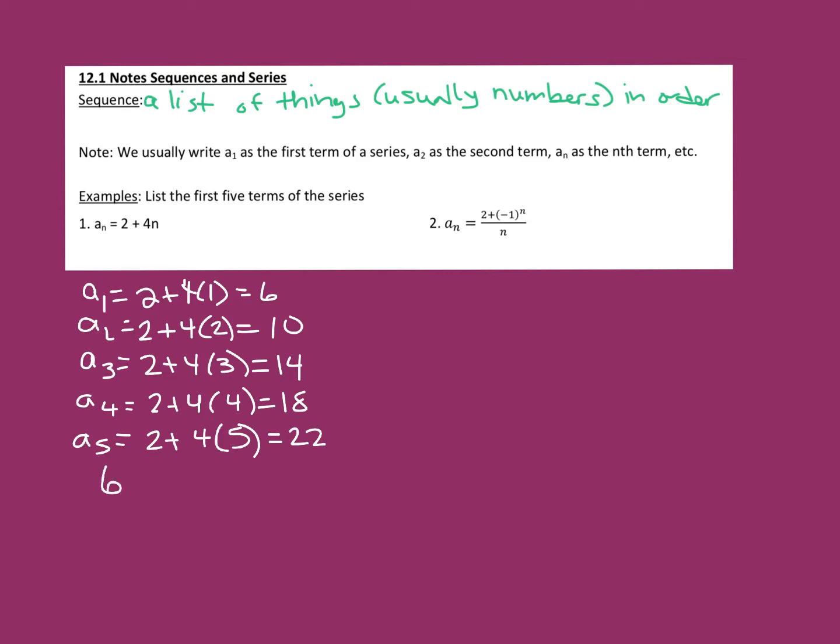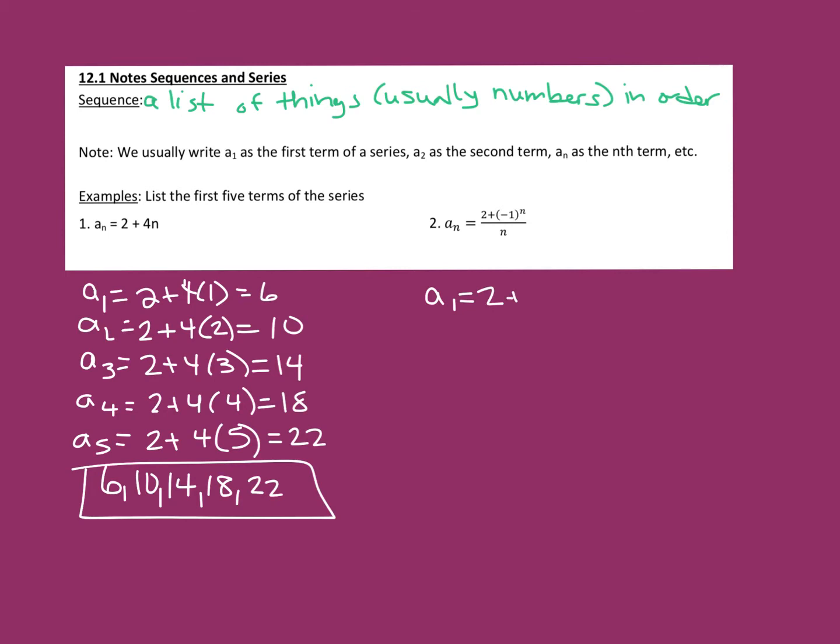So you can just write it out like I just wrote here, or I usually prefer to have it written out in order in a list like this, but either way is fine as long as you know what the first 4 terms are. I'd like you to pause and see if you can do 2. So 2 is a little bit harder because we have that -1 to the n power. So keep in mind that sometimes the -1 is going to make the term positive, sometimes negative. So when n is 1,